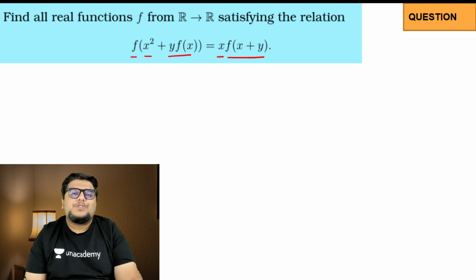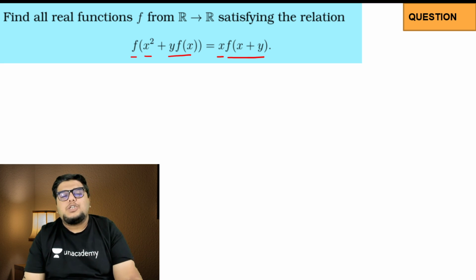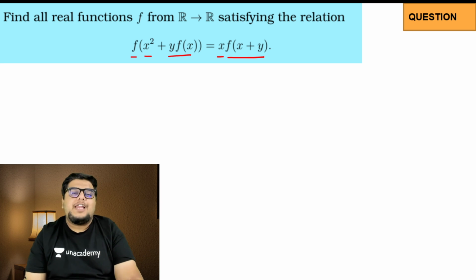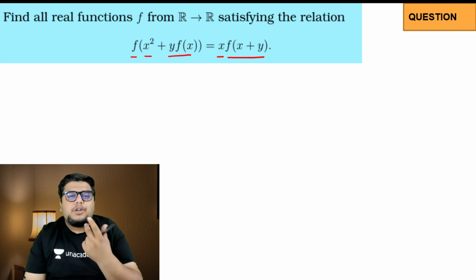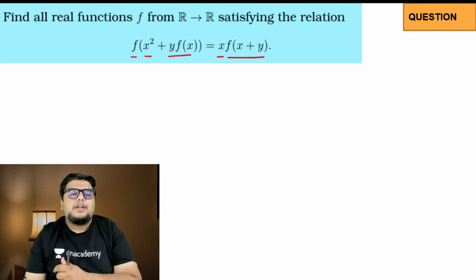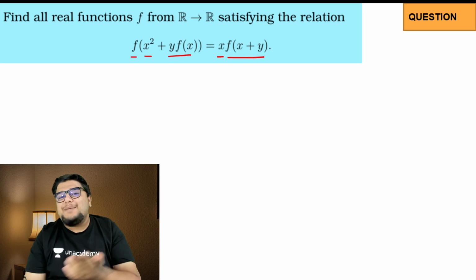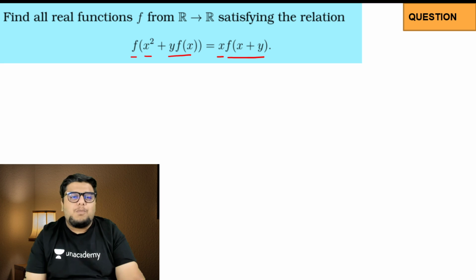So functional equation is one of the topics that I find quite interesting, and the solutions are kind of elegant. The reason I say that they're beautiful and interesting is because you don't really know what to do. Most of the time you are using hit and trial, and you're trying to solve by using some ways like put x is equal to 0, y is equal to 0, and see what happens. And sometimes it works out, sometimes it doesn't. So let's start off with this problem.